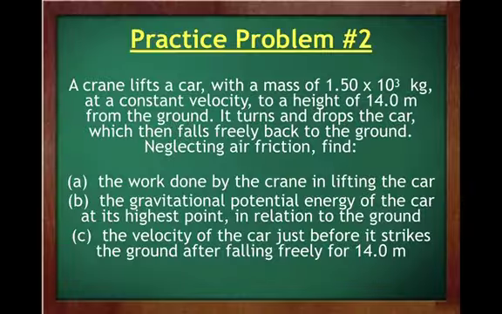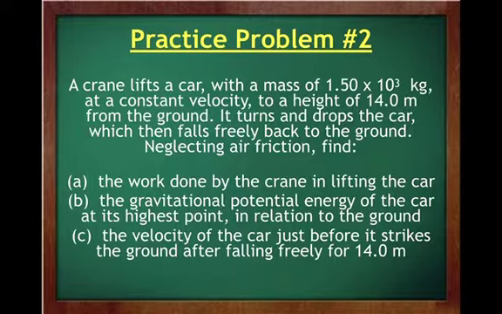All right, so let's take a look at practice problem number 2 here. So in this one, a crane lifts a car with a mass of 1.50 times 10 cubed kilograms at a constant velocity to a height of 14.0 meters from the ground. It turns and drops the car, which then falls freely back to the ground. Neglecting air friction,